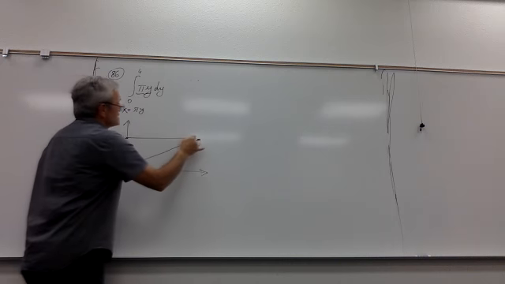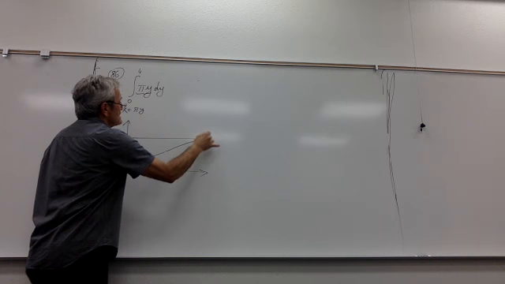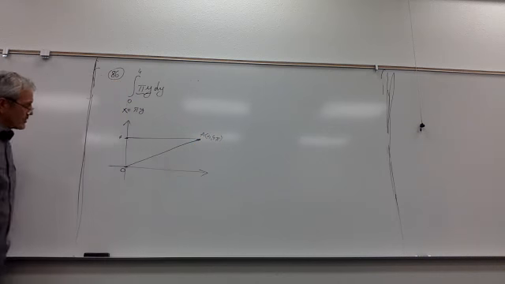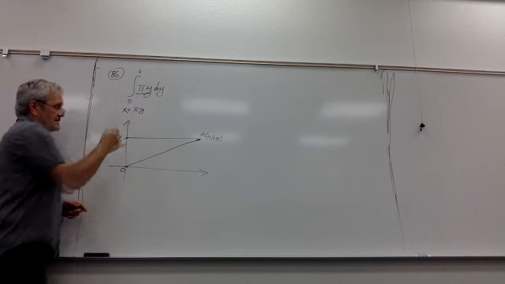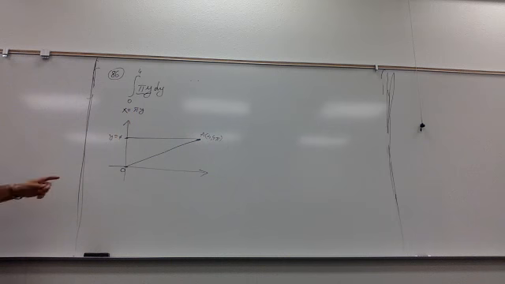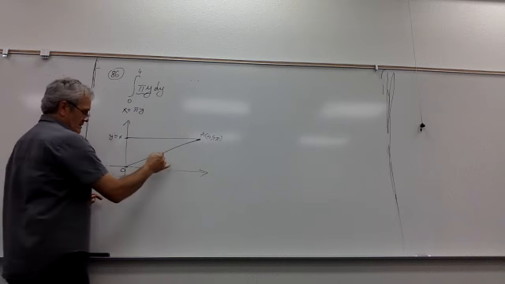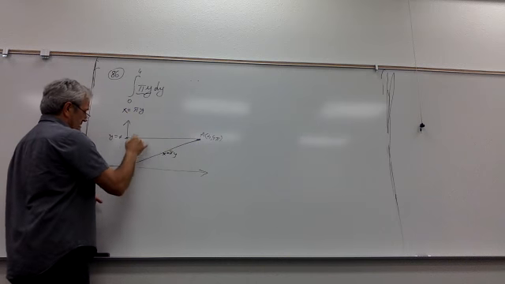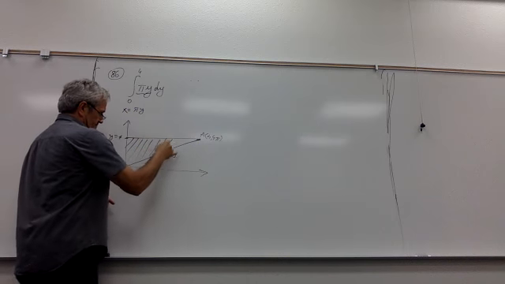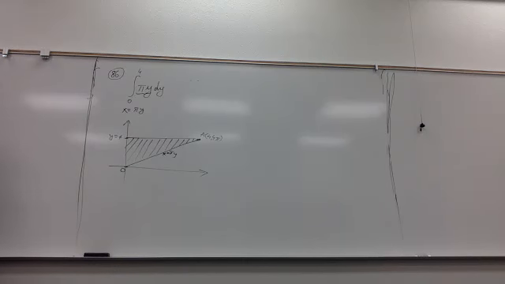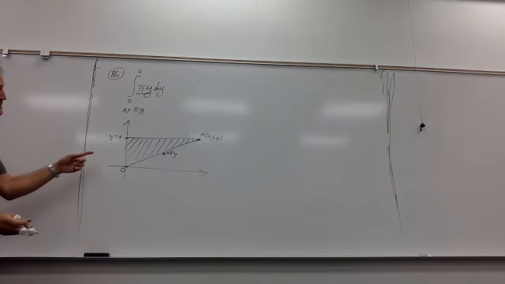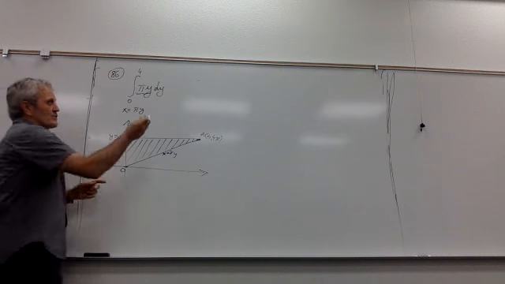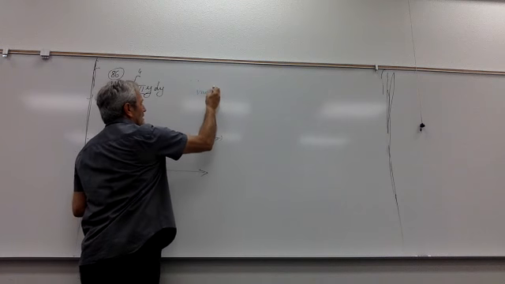So it looks like this. This point A is (4 pi, 4). How did I get 4 pi? I just plug in y equals 4. Then 4 times pi is the corresponding x, so it's 4 pi and 4. So that's your line, x equals pi y, and this is your region. Everybody okay with that? Now what? Now that region rotates. If I want a disk method, that means you look at the variable here, so your variable is y.